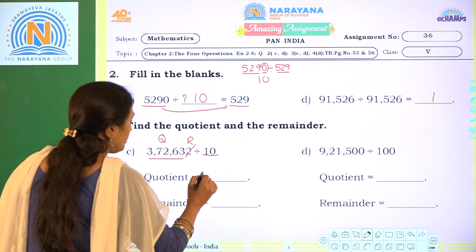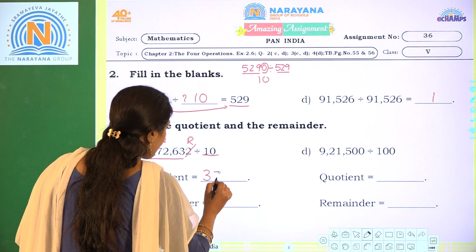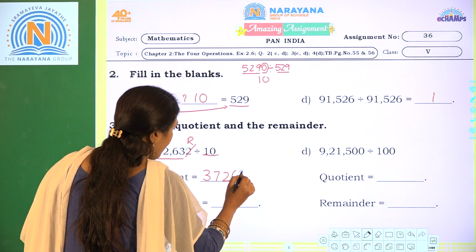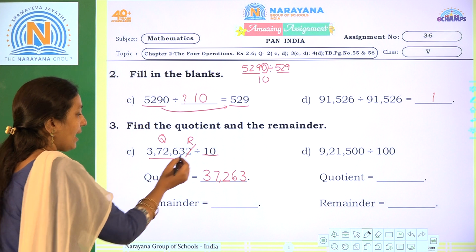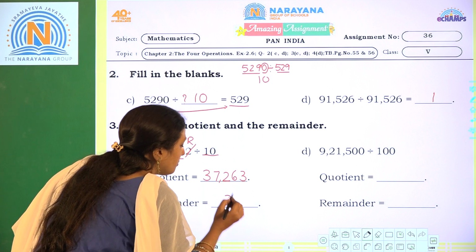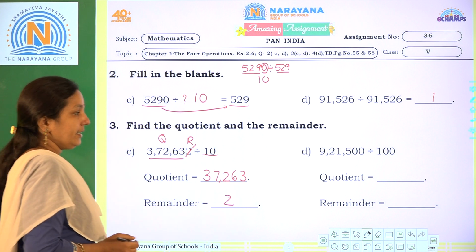Okay children, so the quotient will be 37,263 and the remainder is 2. Next one,